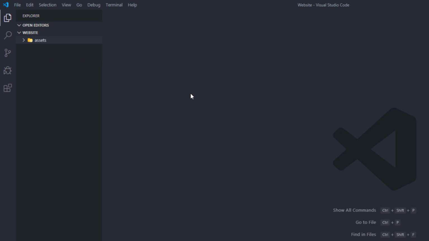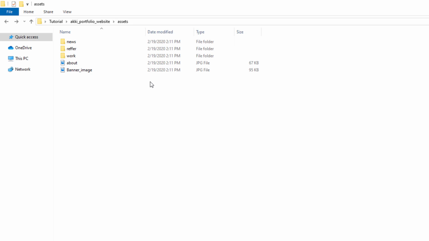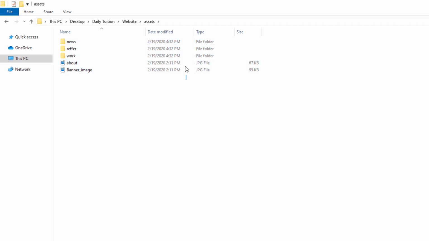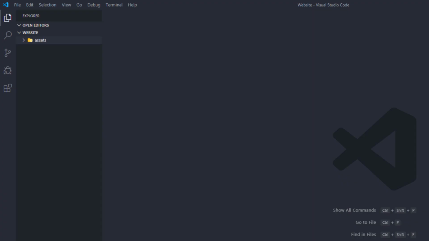So I'm going to copy a few images and put those images inside this assets folder. So I'm going to just copy these images, Ctrl C to copy all these images, and I'm going to paste all these images inside this assets folder. So I'm going to say here Ctrl V. So I'm going to paste all these images inside my assets folder. So if you open your Visual Studio Code editor, you can notice in the assets folder, you have your different